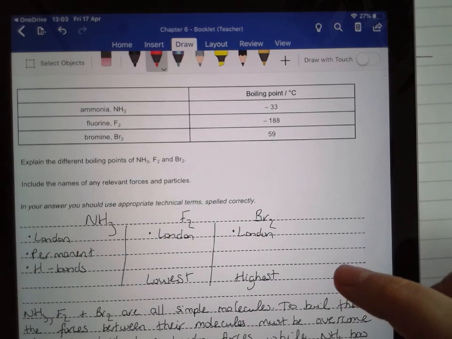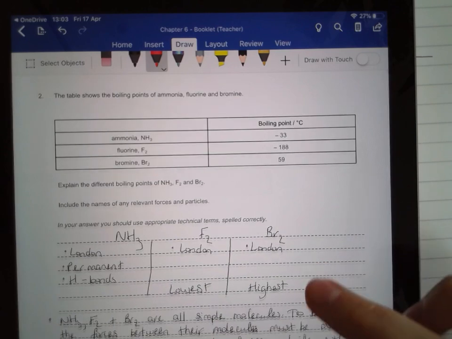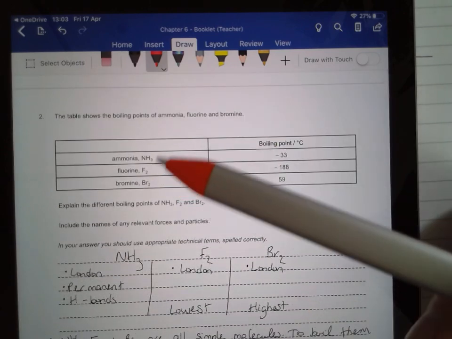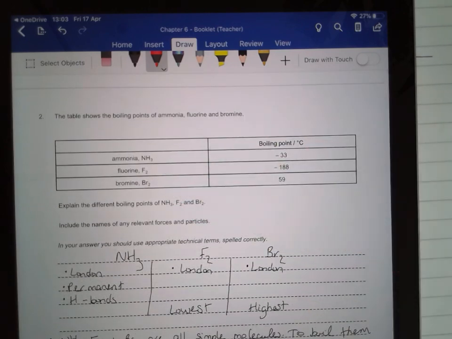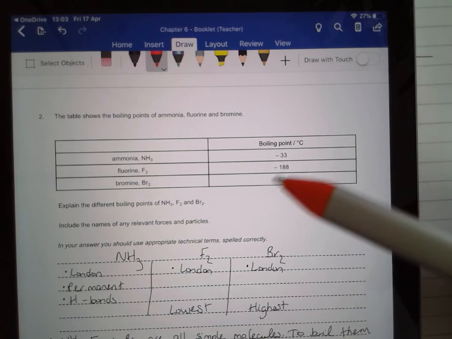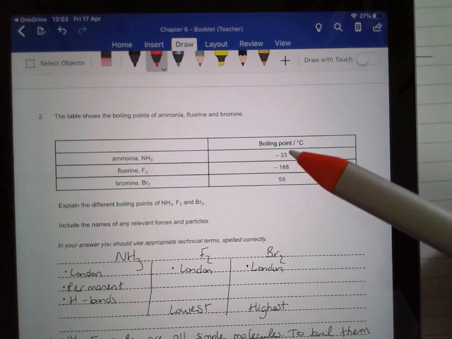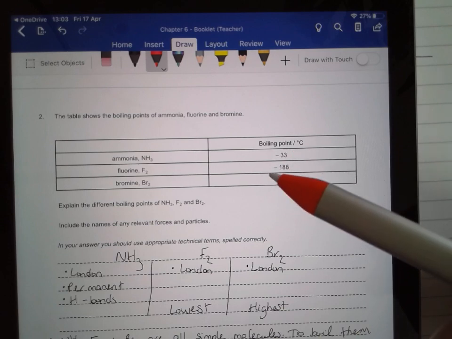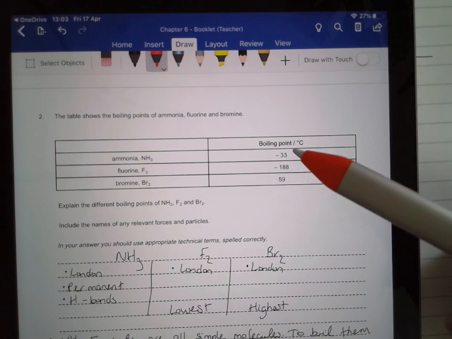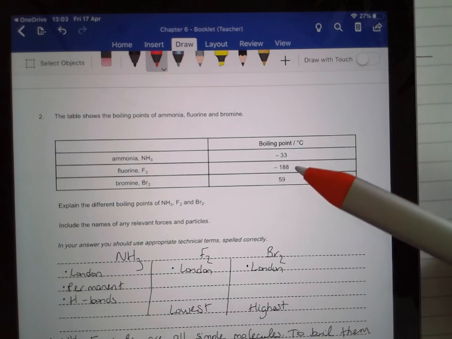The next question is a 5-mark question, okay? And you're given 3 different molecules, ammonia, fluorine, and bromine, and you're given their boiling points, okay? First thing to note is which one has the highest boiling point, okay? That's quite easy to spot. Bromine has a boiling point of 59. When comparing ammonia and fluorine, okay, remember that minus 188 is obviously colder than minus 33, so fluorine has the